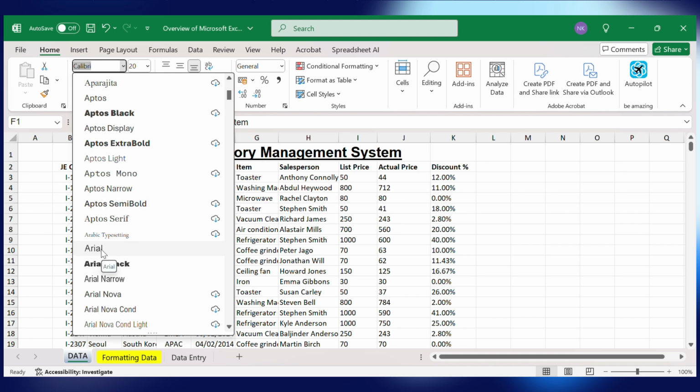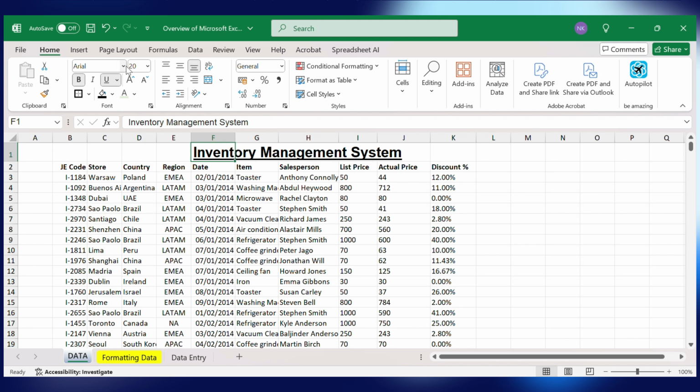Arial is here. I can select Arial, or better still, if you know the kind of font you want, there is no need for scrolling through all the fonts that are provided. You can just highlight the font style in this box and type. So for example, I want Times New Roman. I know there is a font called Times New Roman, so I can just type Times, and you can see that Excel has autocomplete, so I can see Times New Roman over there. Although you haven't finished typing everything, you just hit enter. Okay,